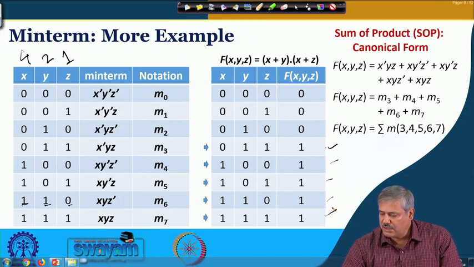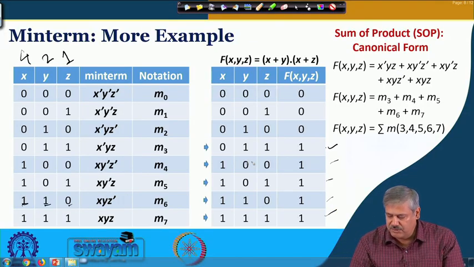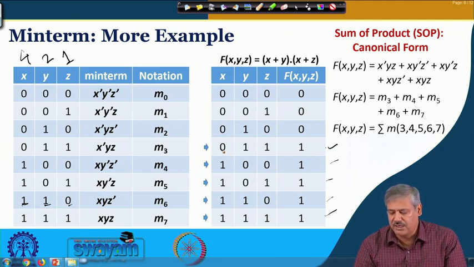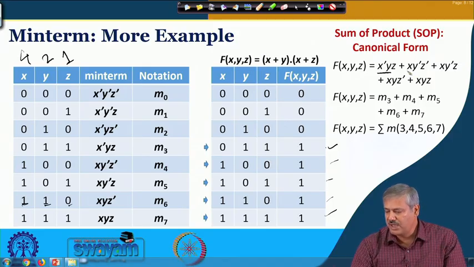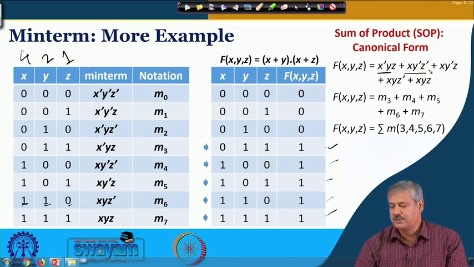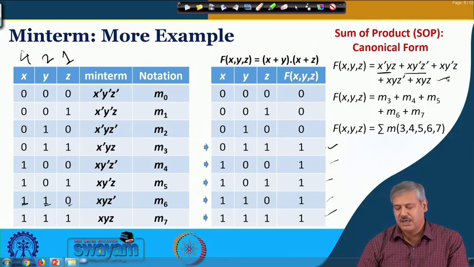So, this is the one where the first term x is 0, y and z are 1, for which the minterm is generated. So, this is x prime because it is 0, and y z. So, x prime y z that you see. Next one is x is equal to 1. So, it will be x, then y is 0 and z is 0. So, y prime z prime. So, x y prime z prime. So, this way you will get all the 5 terms and these 5 terms you can see M3, M4, M5,